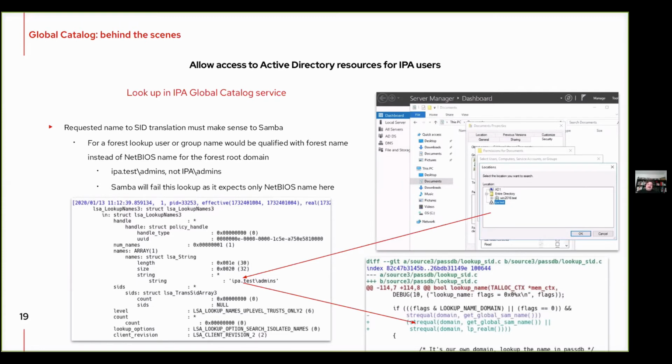So the request that comes over the network in the LSA lookup names call will have a username or group name qualified with the domain rather than the NetBIOS name. And in Samba, we do not expect that. We expect to have the global SAM name, which is the NetBIOS name of our domain. So without this fix, we wouldn't even get to the point of looking into the passdb database that IPA provides inside Samba.